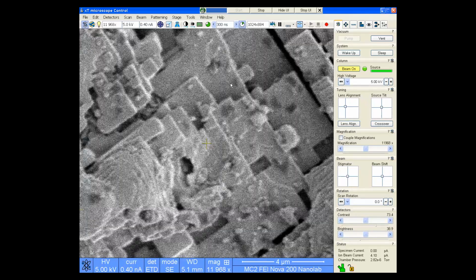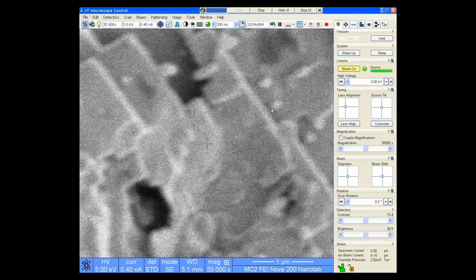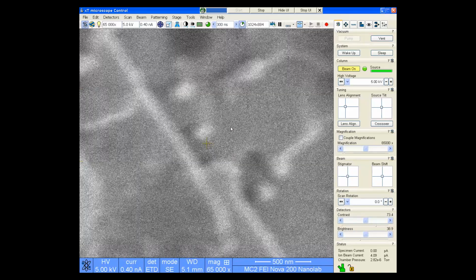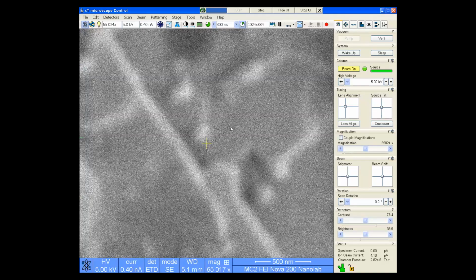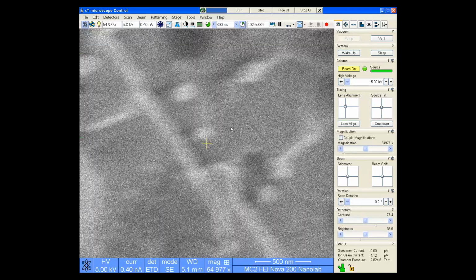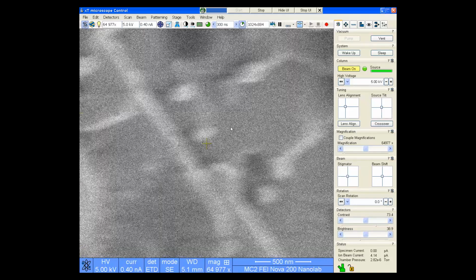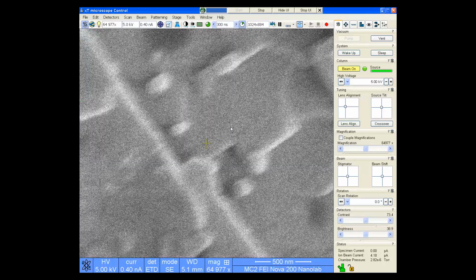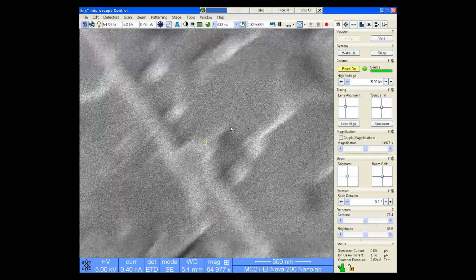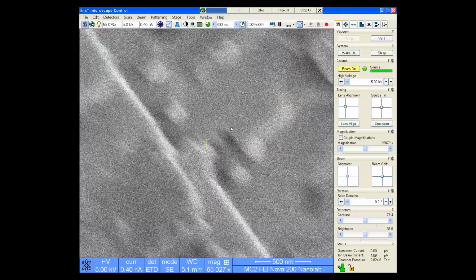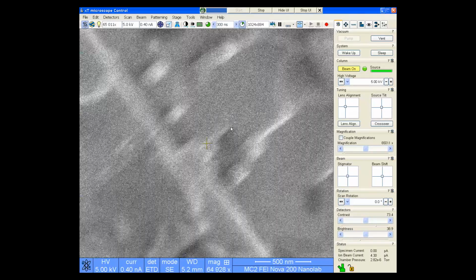Now, if I have astigmatism, let me zoom in on a round particle here. If I have astigmatism, as I pass through focus, round objects will distort in two different orthogonal directions. I'm going to mess up the astigmatism a little bit more here to emphasize this fact. Okay, so as I pass through focus, I'm going to use the coarse knob here. What we see here is that I have